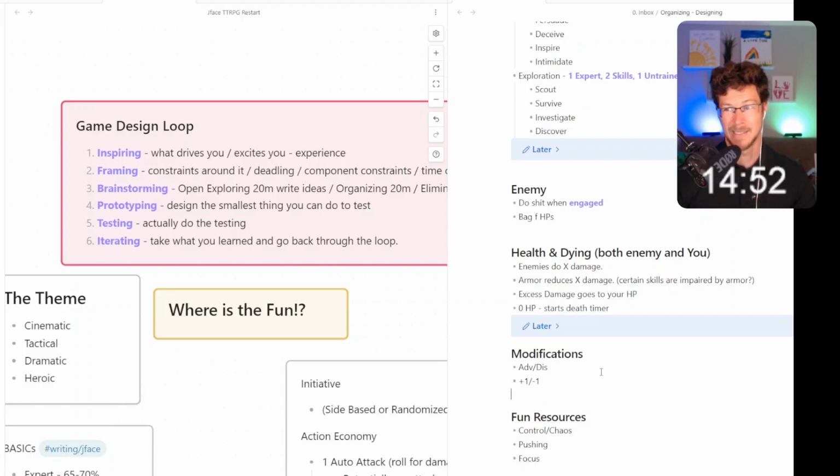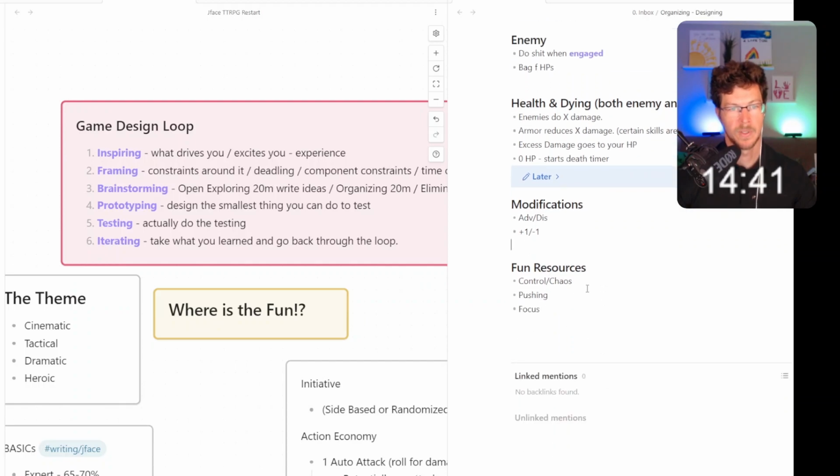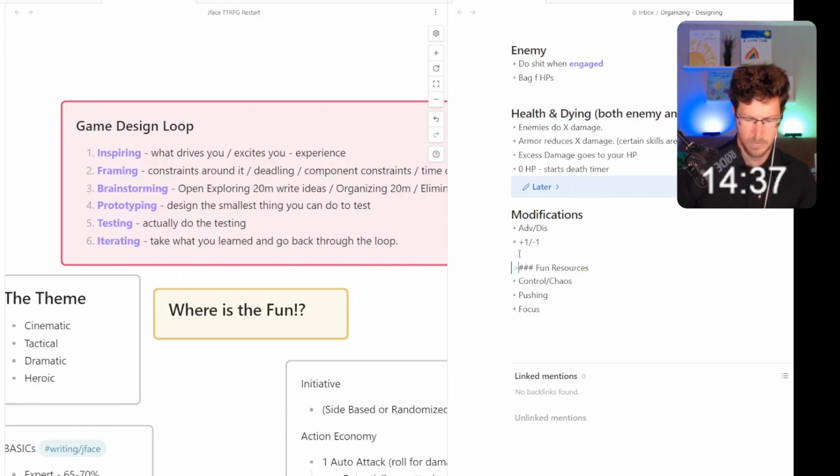We don't even have classes yet. We probably have to build at least, I'm going to build at least 3 classes just for the heck of it. It'll be super bare bones. Real quick. We'll do it here. Fun resources. We haven't used any of these yet. So there are no fun resources. No fun for you. Later.